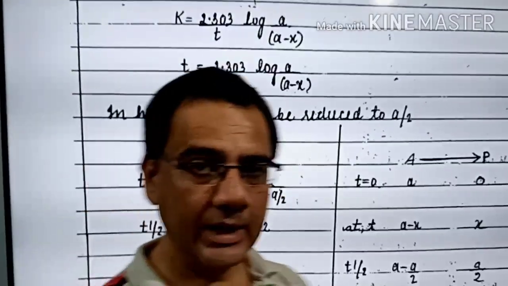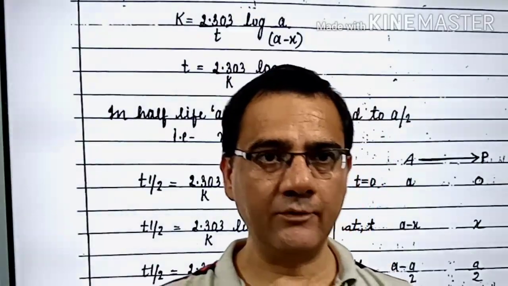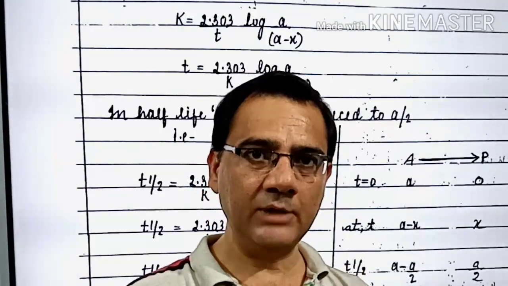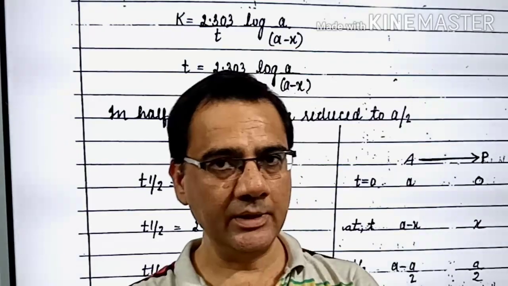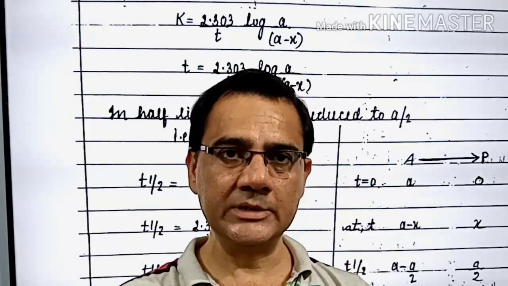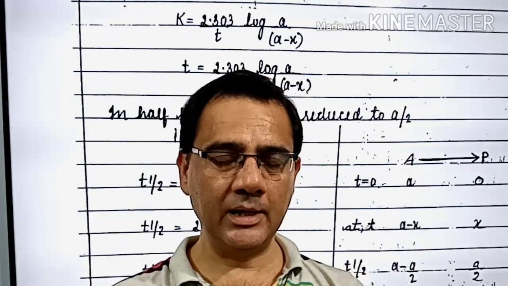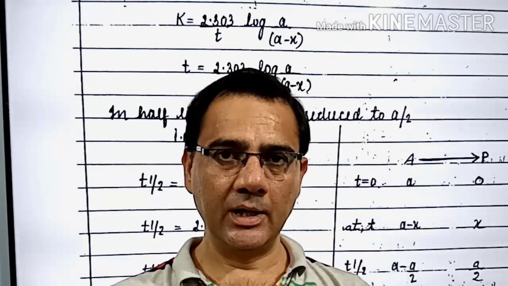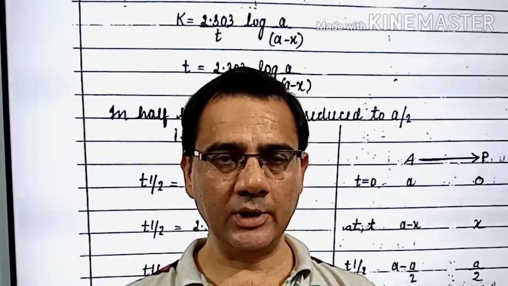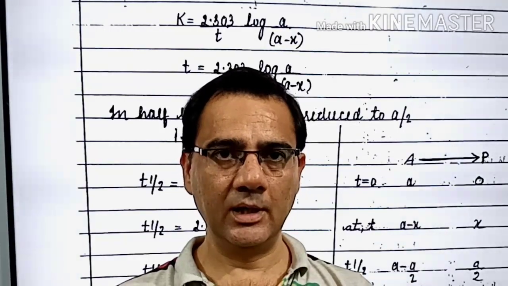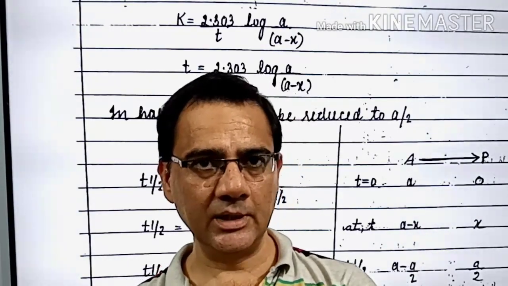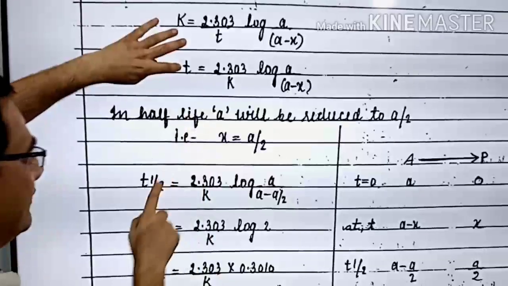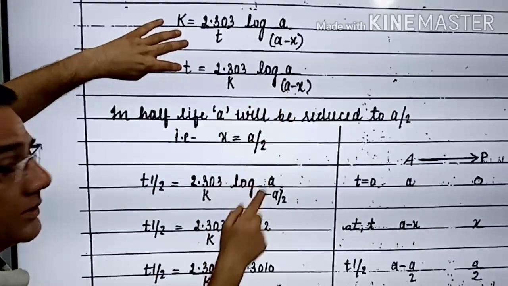Again I am telling you, exactly at t half, the amount of the reactant from initial value that has been reacted and half is left. अगर 100 ग्राम आप कोई रिएक्टेंट लेके चले हैं तो exactly t half पर 50 ग्राम रिएक्ट कर चुका होगा, 50 ग्राम बचेगा. Half amount would be reacted and half will be left. Now when we are writing in place of t, we are writing t half, the whole expression will be changed.